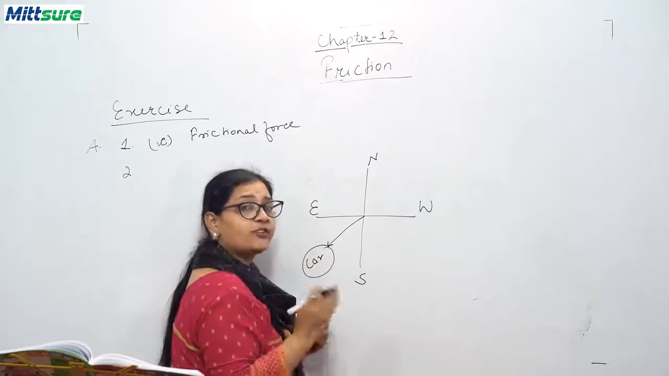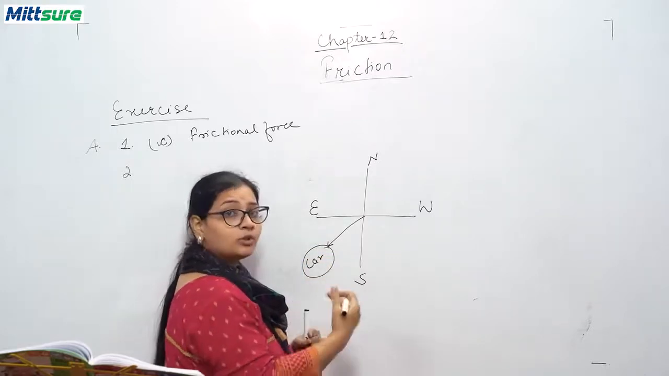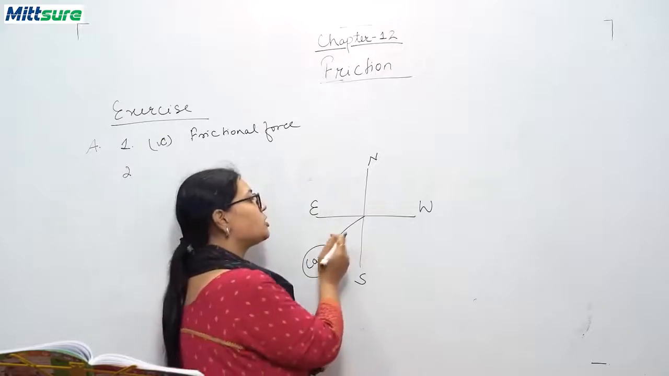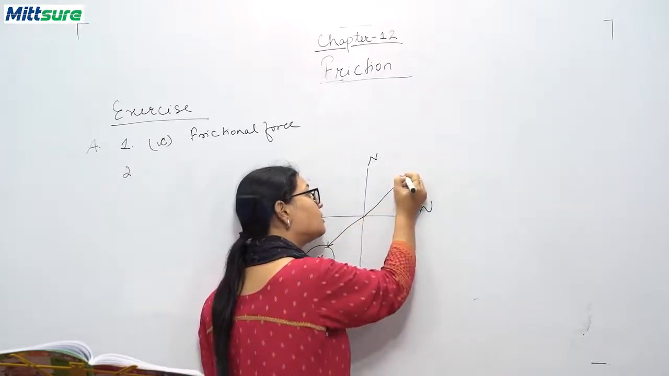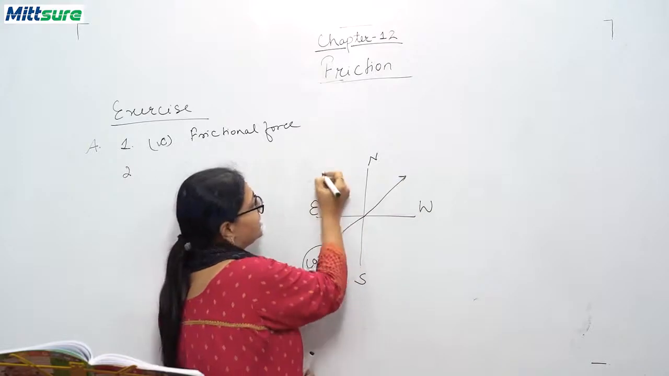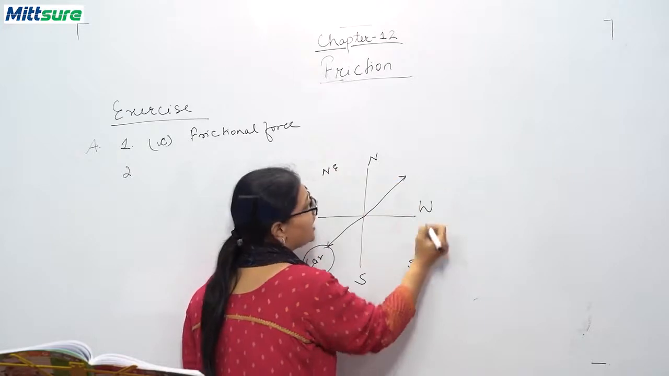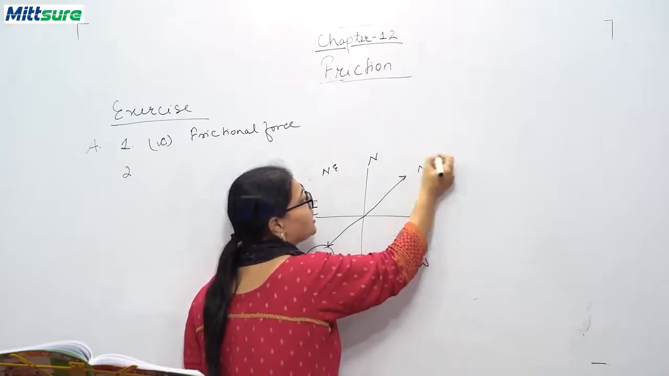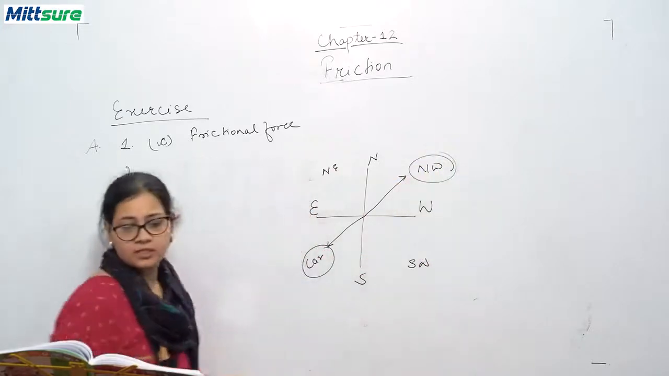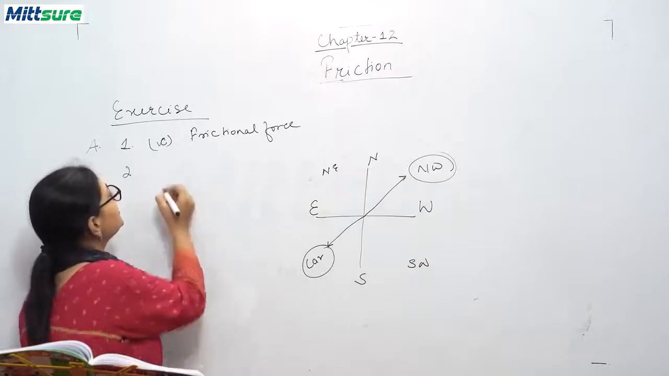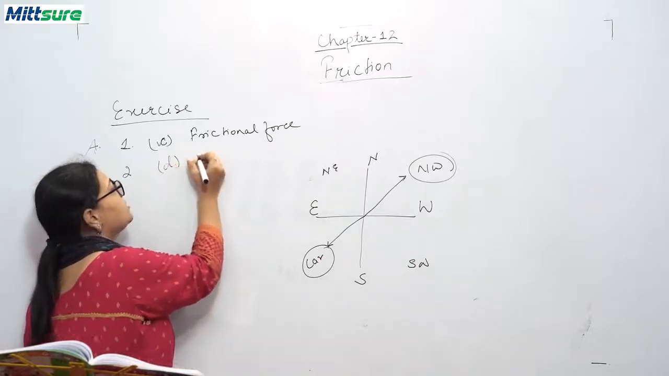So this is the direction in which that car is moving. Okay. Now the friction force is a force which is opposite to the motion. So this is the motion, so opposite to the motion is this. Now let's take, this is northeast, this is southwest, and this is northwest. So the correct answer is northwest. So the option D is correct,